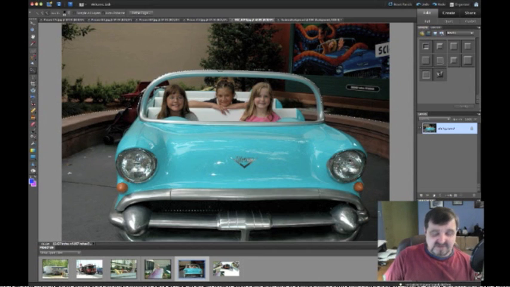So, I hit the minus sign, and I lower my brush size using the left bracket key. And you notice how I say that a lot, left bracket key, right bracket key. It's because I want you to understand the keyboard shortcuts. It makes your life a lot easier. And again, this selection, when you're blurring the background or doing something with your backgrounds, it's not as critical as